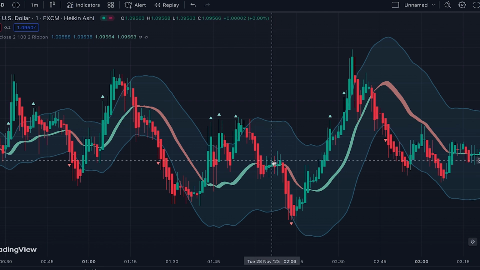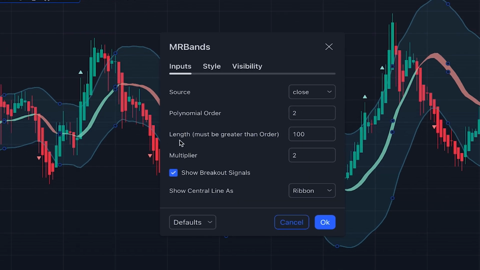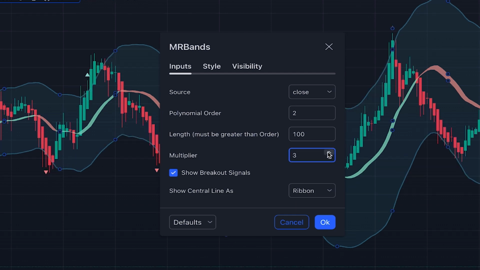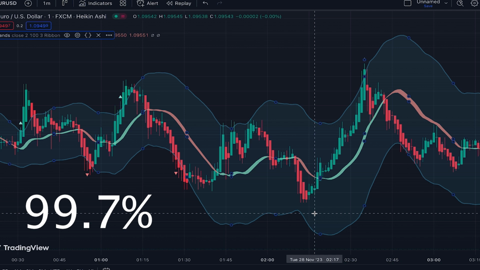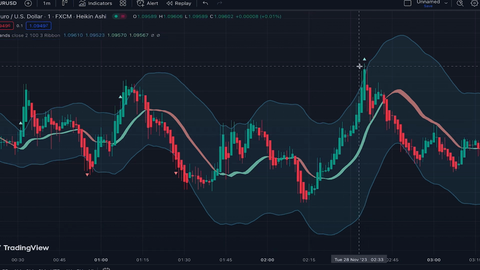Based on a statistical principle, multiplier 2 for the upper and lower bands corresponds to a 95% prediction interval. In other words, we expect that 95% of the data, the price action, falls between the bands. For our strategy, here in the settings, for the multiplier, we set it to 3. And by doing so, statistically 99.7% of data falls between the bands. Having the price out of the band is very rare, and it can signal us for some happenings in the